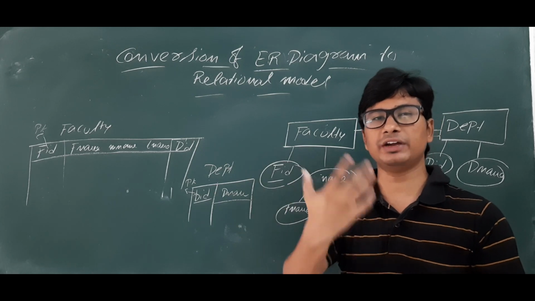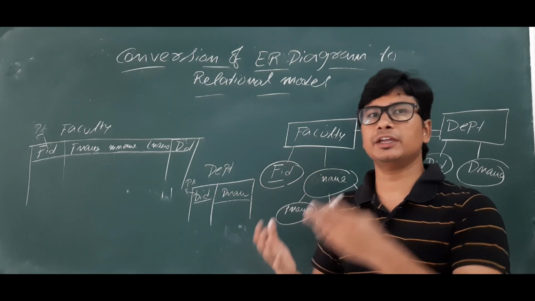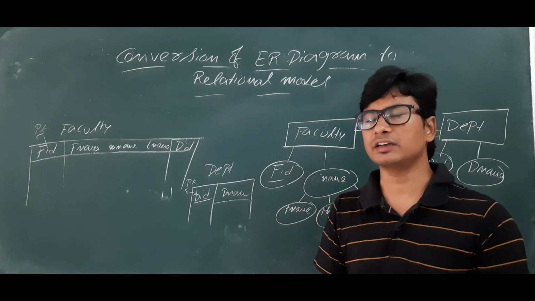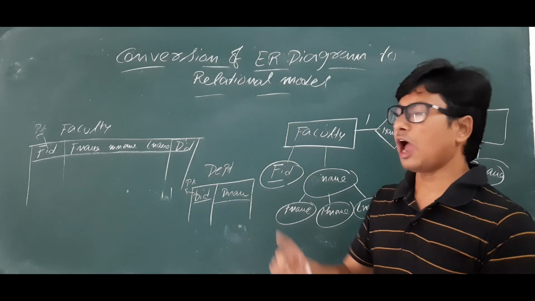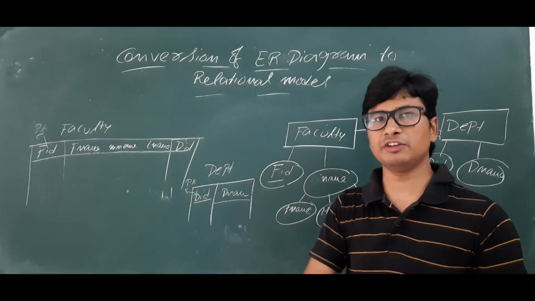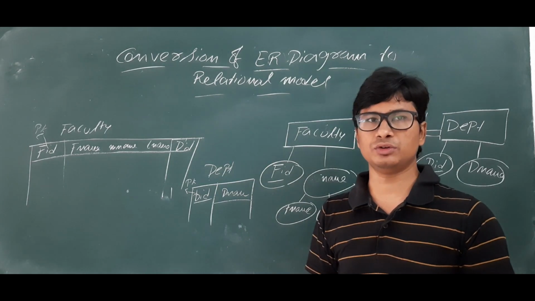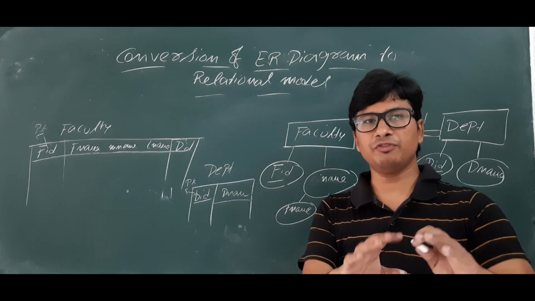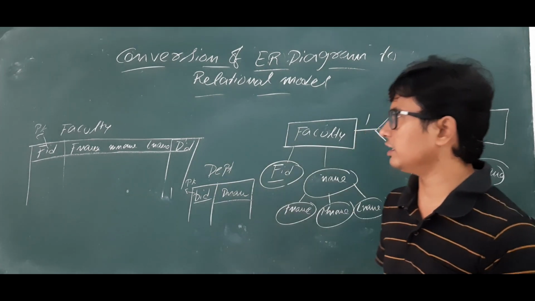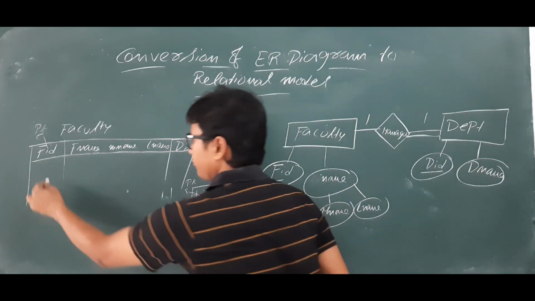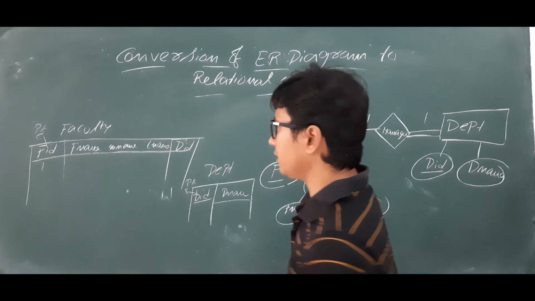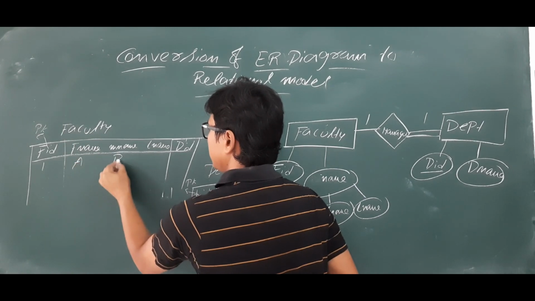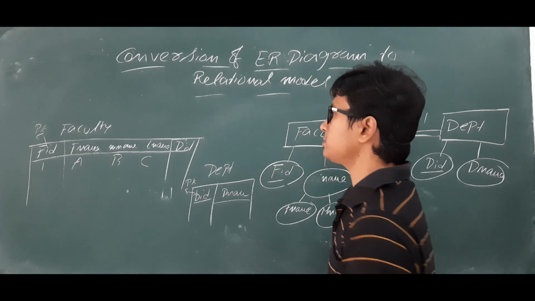Suppose in CSE, you will find 30 faculty. In mechanical, you will have 50 faculty, like that. Now, among the 50 faculty or 30 faculty, only one will act as a HOD and the remaining people will follow his instructions. Is it clear? So, say a faculty has ID 1, and his first name is A, middle name is B, C.